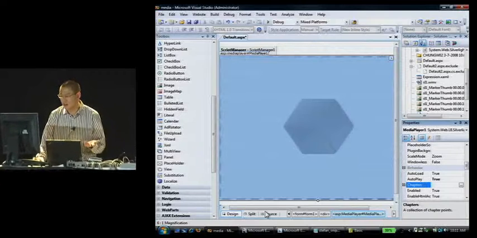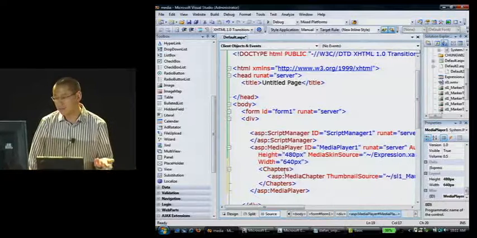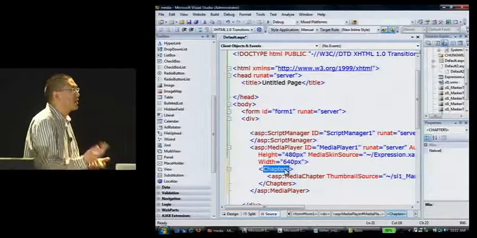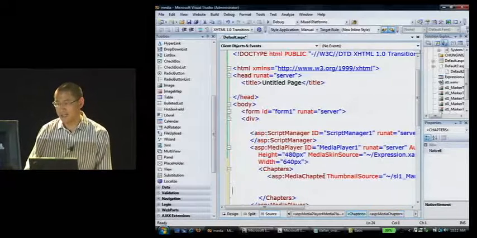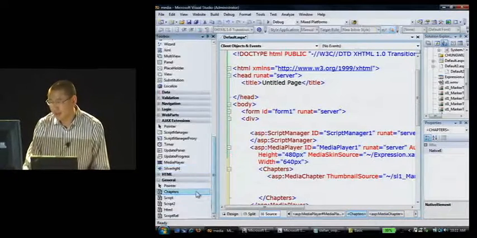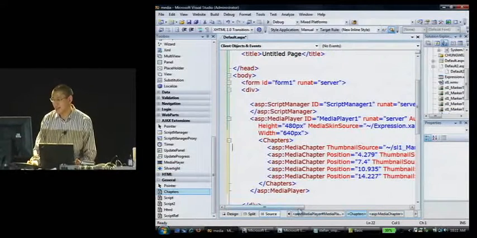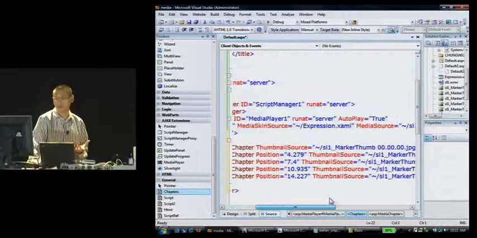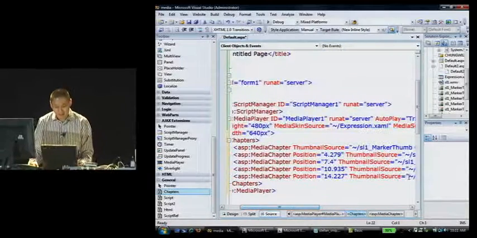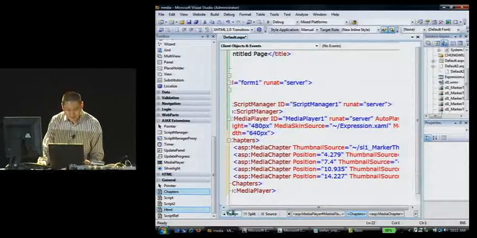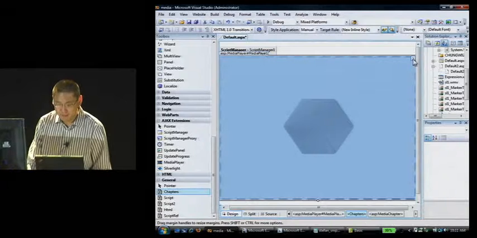And now, if we switch back into the source, we've got our media player control. It's added this chapters element and this media chapter element as well. What I'm going to do here, just for time, is cut and paste these in. Let's just double-click on these in. Let's get rid of the first one, because I already have that in here. So I now have this collection of all these thumbnails and all these different positions that these chapters occur at. So let's switch back to design mode, and let's mute the video this time,